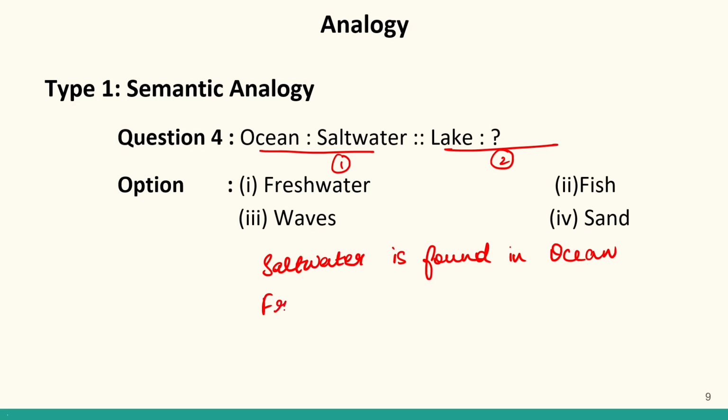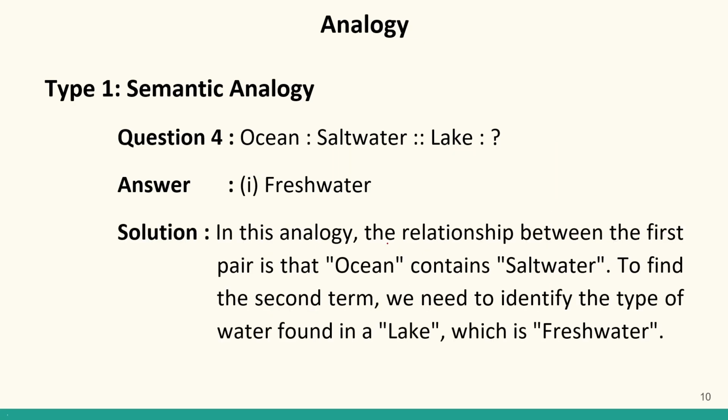Similarly, fresh water is found in lake. So our answer will be option number 1, fresh water. So you can clearly see the solution. The relationship in the first pair is that ocean contains salt water and in the second pair that lake contains fresh